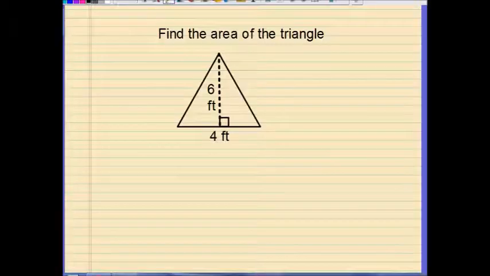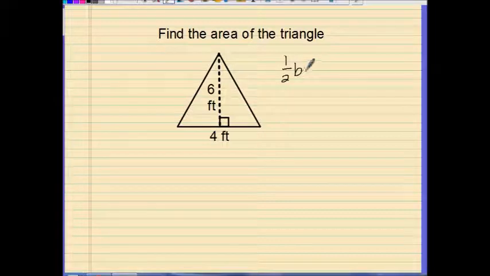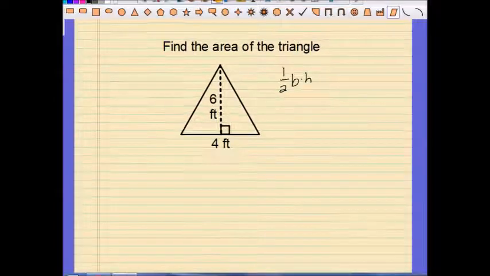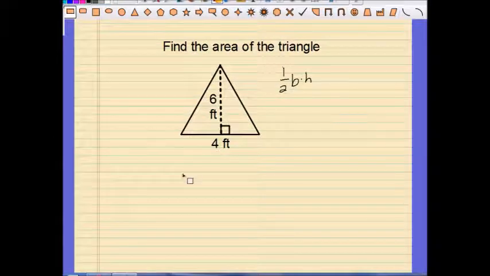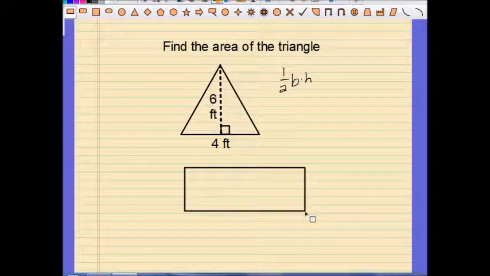So next we're going to talk about the area of a triangle. Now, some of you already know what that formula is. That formula is going to be 1/2 the base times the height. Do you actually know why it is that? Well, here's what we got. If we have a rectangle that we draw out, and we go ahead and we draw in those diagonals,